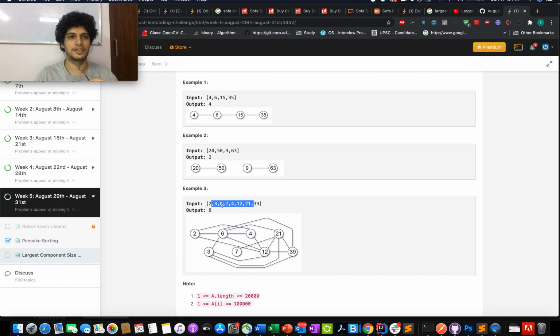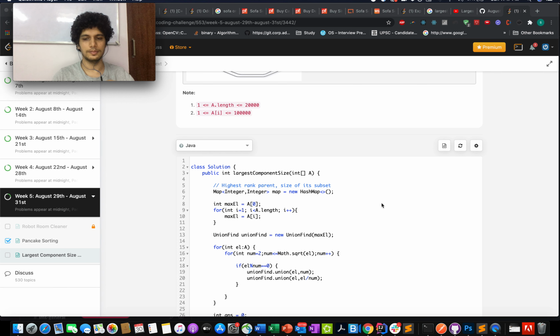Usually in graph traversals, we have a BFS approach, a DFS approach, a topological sort approach, and the fourth one is a union find approach. I recommend all of you to know all of these mechanisms for graph traversal, as there are a few typical questions that are very easy to solve with one of them, and today's question is a very typical example of union find.